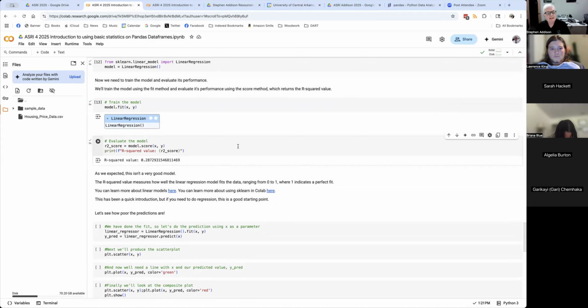So what we've got now is an R squared value, and the R squared value measures how well the linear regression models the fit. It ranges from 0 to 1, and you can see that we got 0.28, meaning it's not a very good model. But anyway,